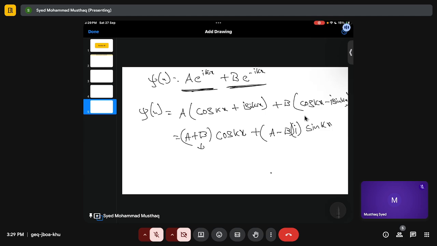This can be written as another constant, which is C cos kx plus D sin kx, where C is my real number, D is my imaginary number. Okay, so